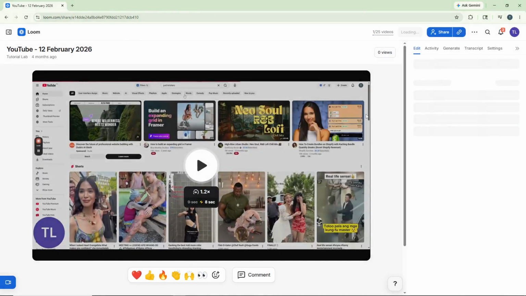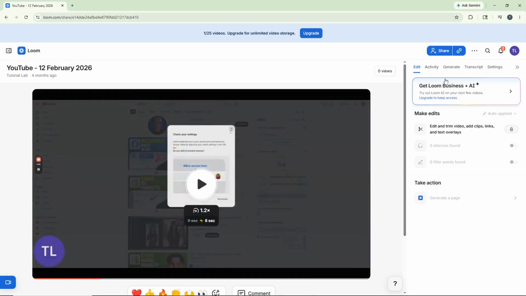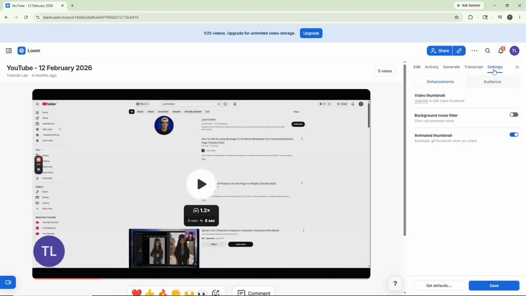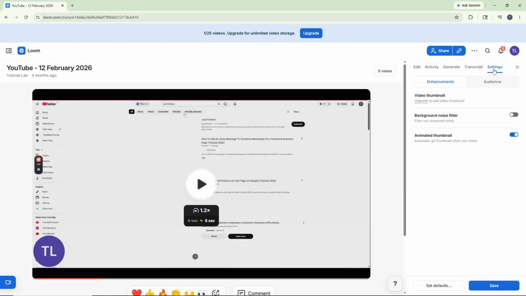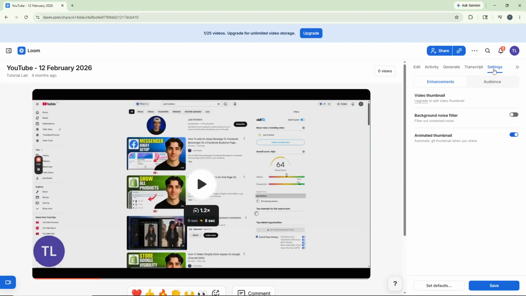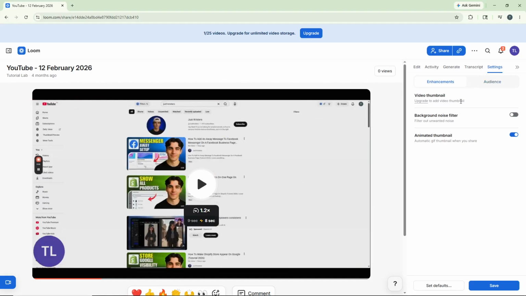Now, on the right side of your screen, you'll see several options and controls related to this video. Look for and click on Settings. This is your control center for managing everything about this particular video, from privacy options to viewer permissions and engagement features. Within the settings menu, you'll need to navigate to a specific section that controls who can interact with your